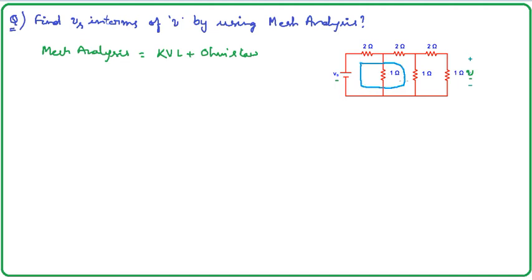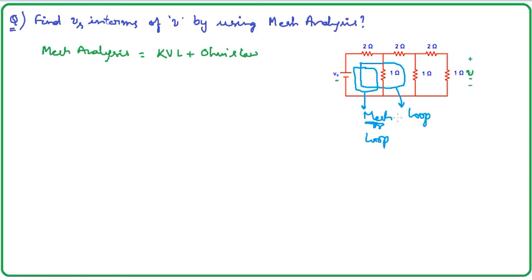Okay, this path may be a loop, but this part is called a mesh because this is the least flowing closed path. So this is called a mesh, and this is called a mesh, and this may be called a loop. Of course, a mesh can also be called a loop. So we need to identify the meshes here, so the least possible loops.